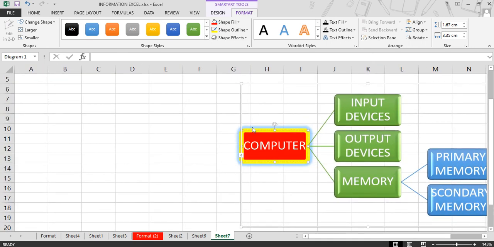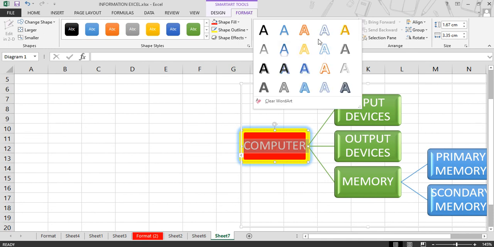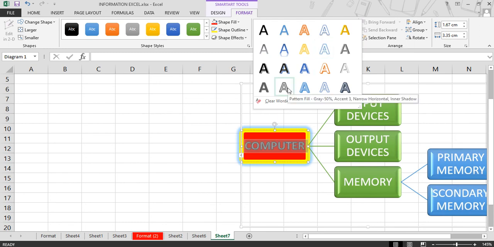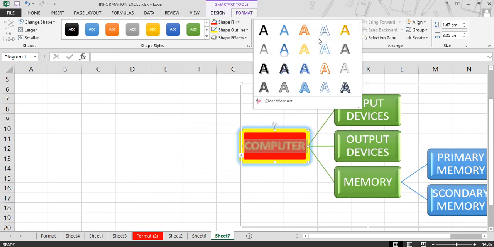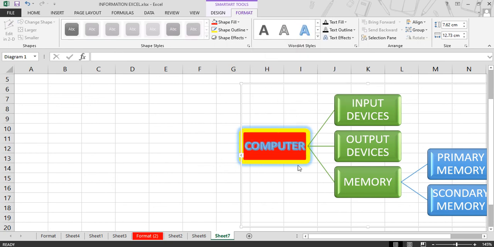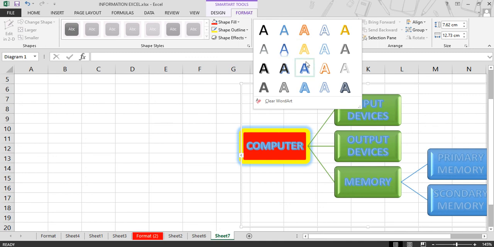So yeah. Next is word art. The word art option is used to apply some effect on your text. For example, select the text, apply any other. So in this way you can customize your smart art one by one, or on all.